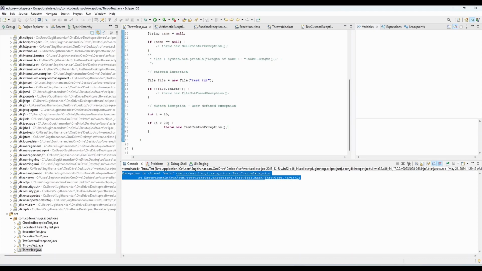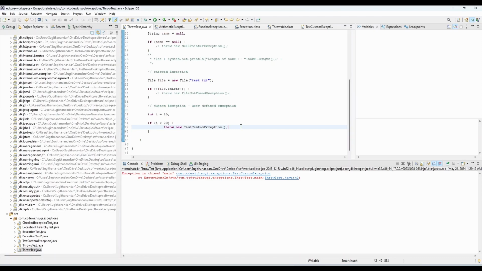We are getting all those things from the Throwable class, right? So Throwable is the one which will take care of all those things. That's the reason if you are creating a custom exception, then we have to extend it with the Exception class. So now we have almost discussed everything about the throw keyword usage. This is how we will explicitly throw exceptions in Java, and the throw keyword will help us to